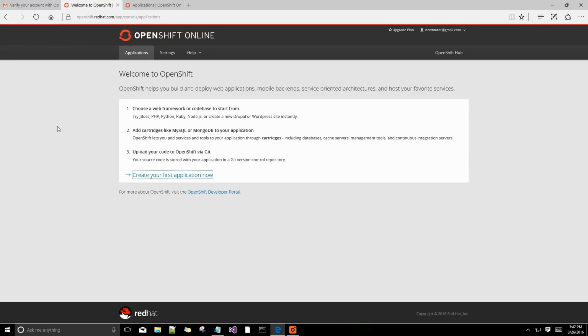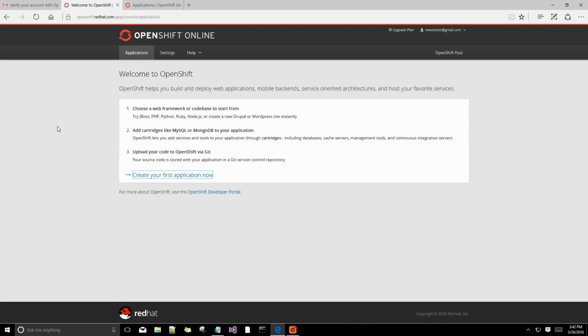Here they will ask you to create your very first application. For your application on OpenShift you need three things. One is a web framework. It is basically for the backend, how the server will respond on request and all. If you know any web framework, PHP, Python, Ruby, Node.js, then you can select that. If you don't know any web framework, it's pretty cool, you just follow me. I will go with Node.js. You don't really need to know Node.js if you understand the very basic JavaScript syntax.